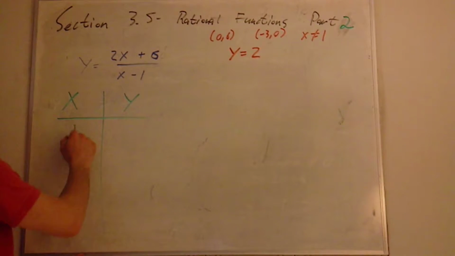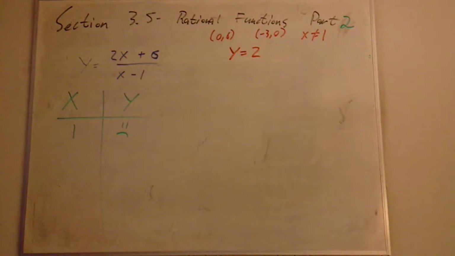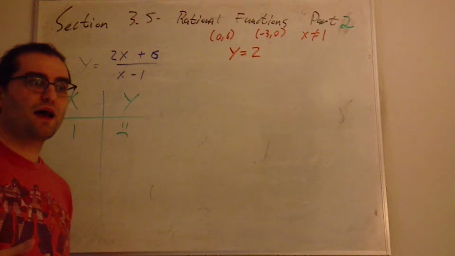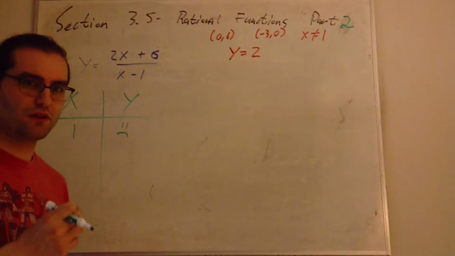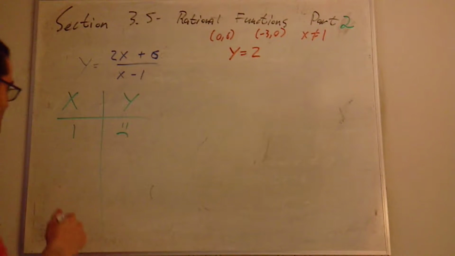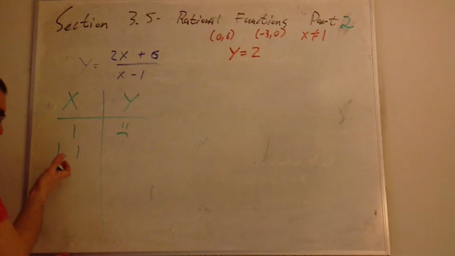I know that 1 is no good. If I try to plug in 1, bad stuff's going to happen. It's not going to work out for me. 1 is not an option. But the interesting thing is, I can't plug in exactly 1, but I can plug in numbers that are really close to 1. So I can start plugging in stuff like 1.1. It's not the domain restriction,